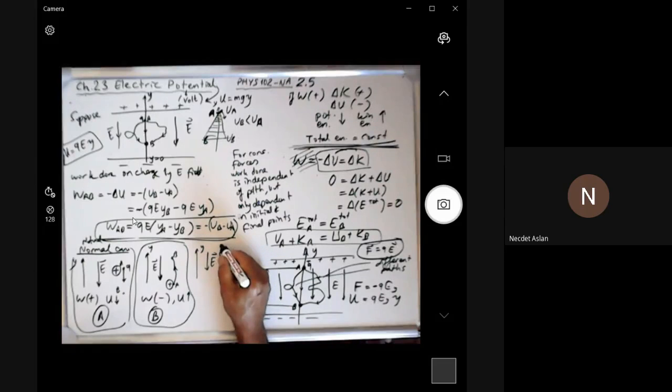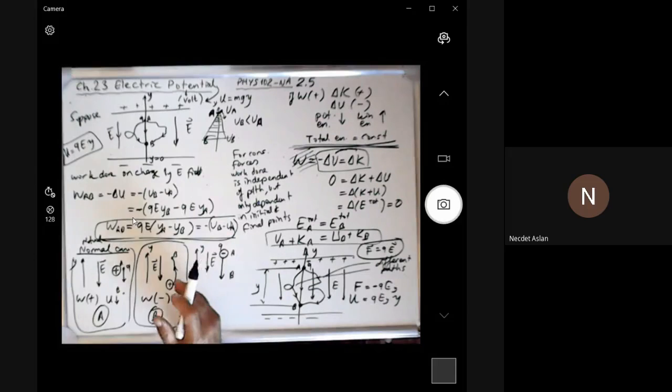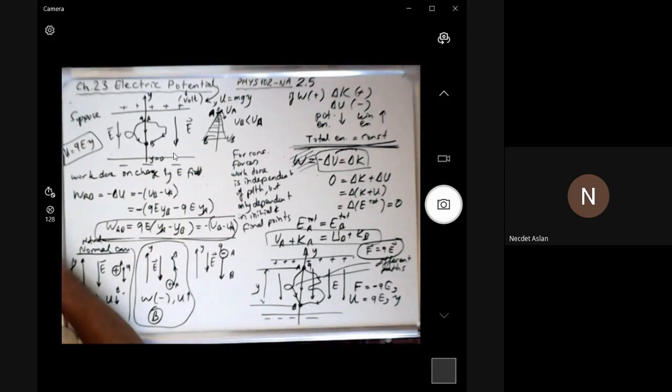So this charge is moving downward. Now, is this a normal case? It is not a normal case, because normally, if the electric field is downward, and if you release this charge,